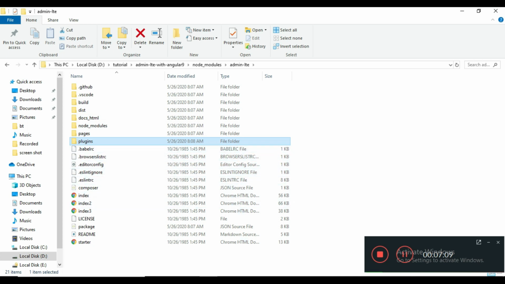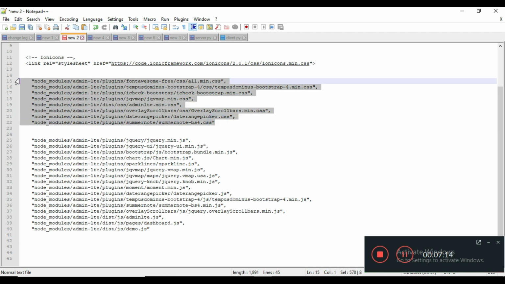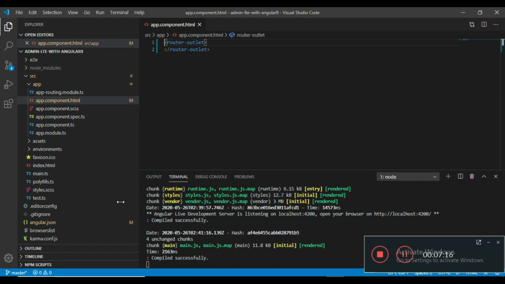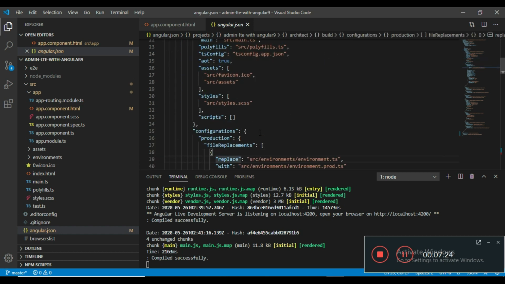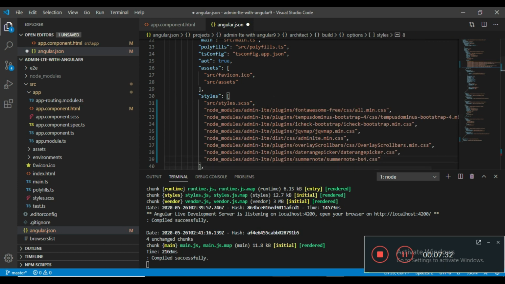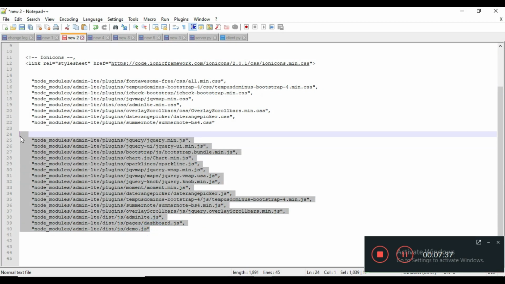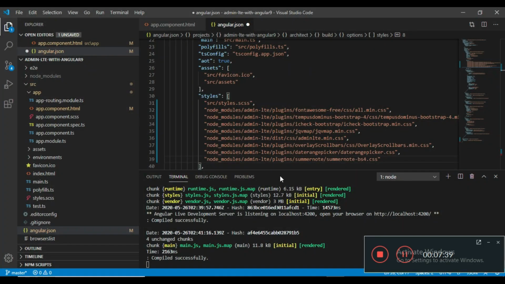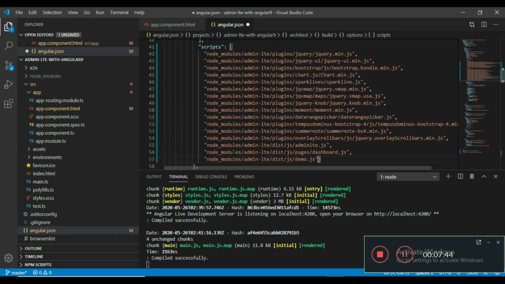I already copied this file, so we can copy that file and paste it into the angular.json file. So check. Here we can copy and paste this file into styles, and for JS we can copy and paste in the scripts section. Save.